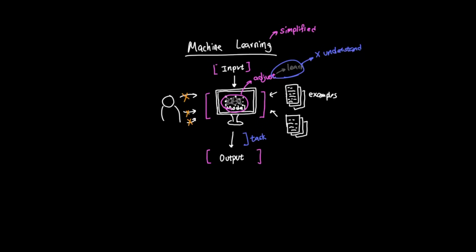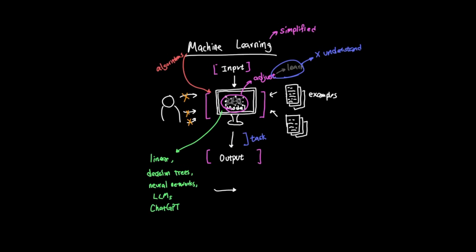It is also important to know that machine learning is not just one algorithm or one type of model. It is a broad field. Some machine learning models are simple, like linear models or decision trees. Others are more complex, like neural networks or large language models. ChatGPT is one modern example of machine learning. So in one sentence, machine learning is about using data to train models that can make useful predictions on new inputs. And because machine learning is about learning from examples, the next thing we need to define is the basic ingredients of those examples: data, features, and labels.